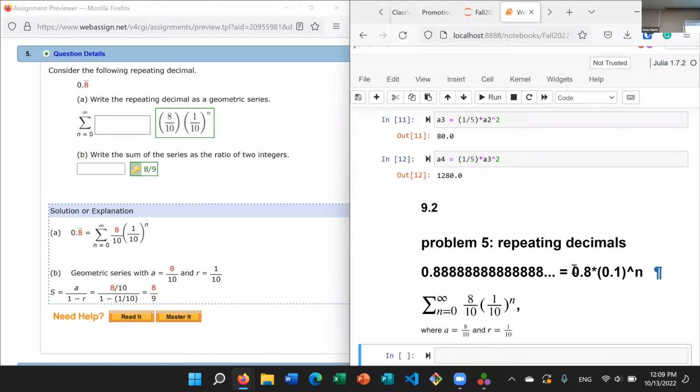Let me write it. Okay, this means when n equals 1, what do you have? 8/10 times 1/10. When n equals 2, what does that mean? 8/10 times 1/10 squared, which is the same as 8/10 times 1/100. What is that equal to? 8/100, which is the same as what? 0.008. 0.008 is not the same as